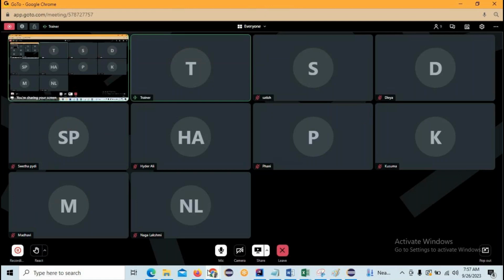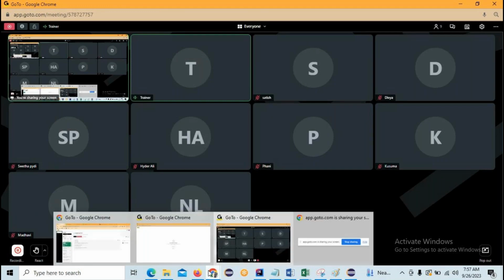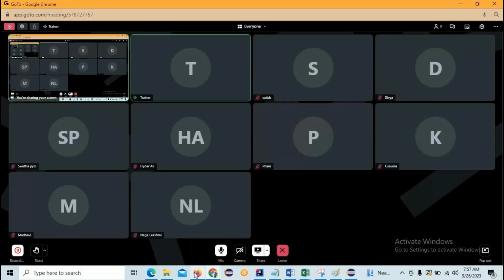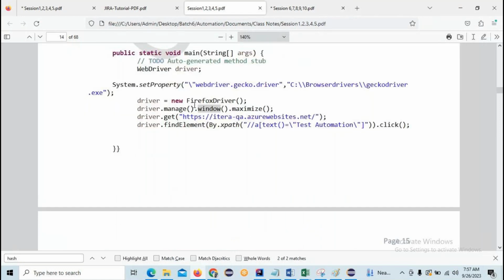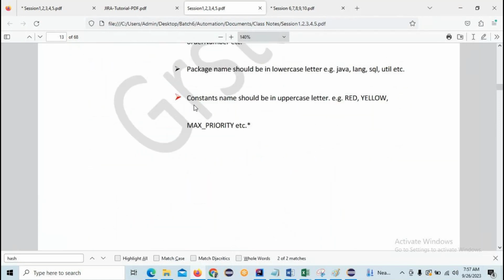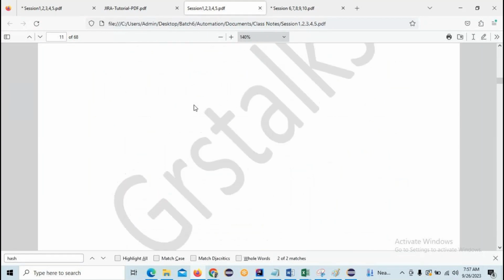So today, we'll see the introduction part of Java, why we are using Java and what is the use of Java. Those things we are going to see in today's session. Mostly this document is going to be shared within 2 days because a couple of students have newly joined. They are not yet added in the group. Once they are added, I'm going to share that material as well. This is the first material, session 1, 2, 3, 4, 5. There you have all the Java related topics and Selenium related topics as well.